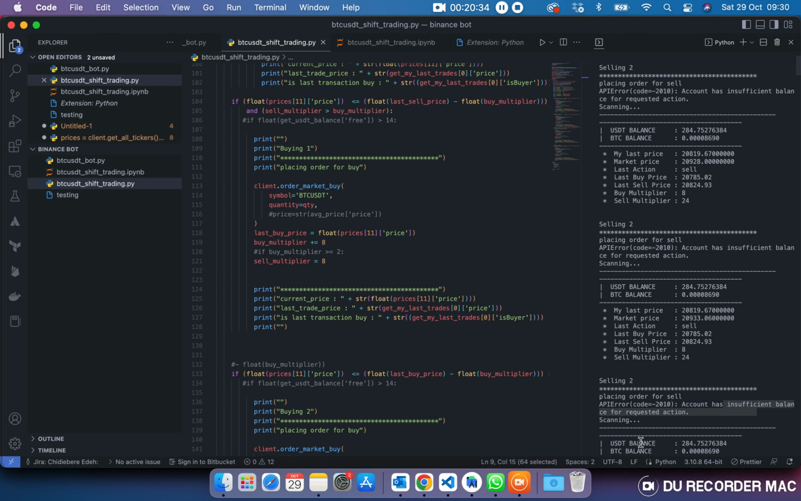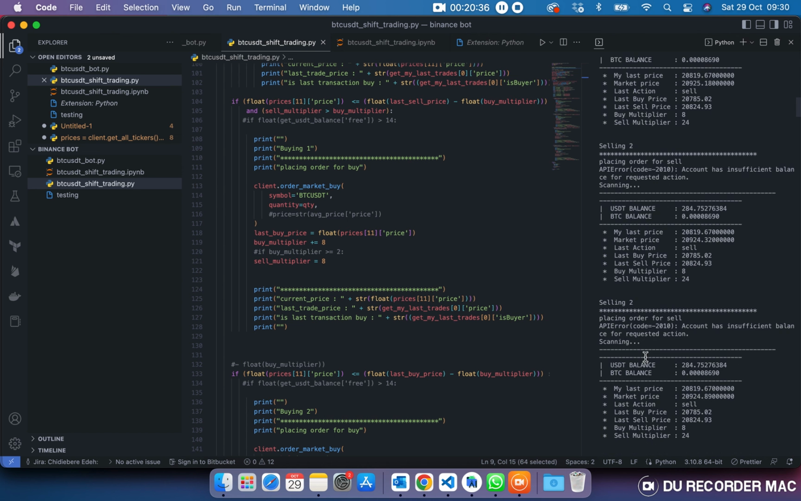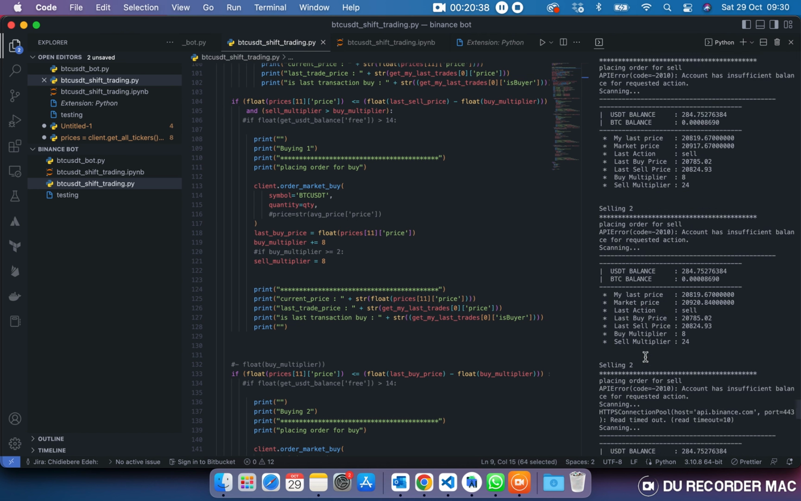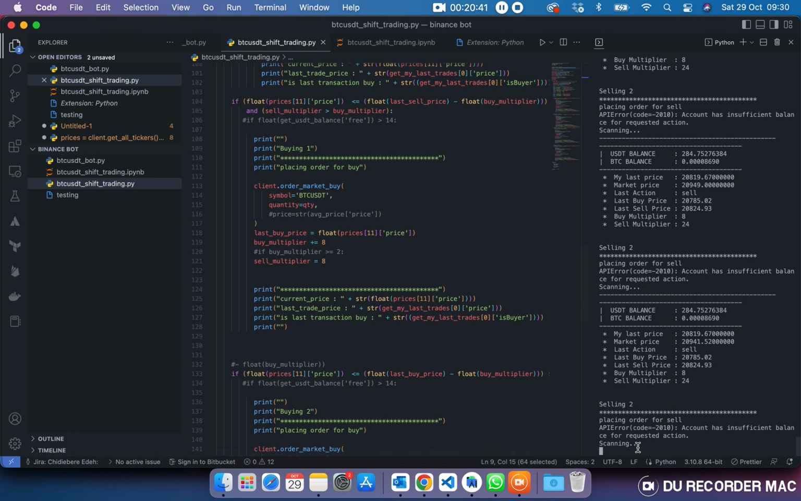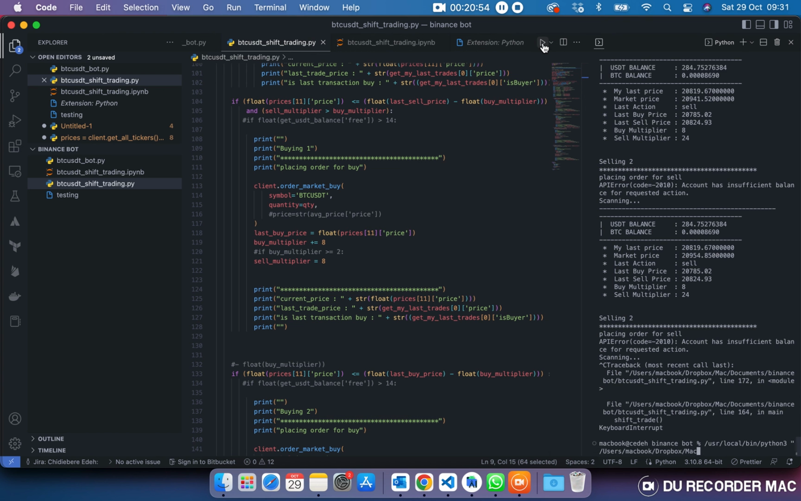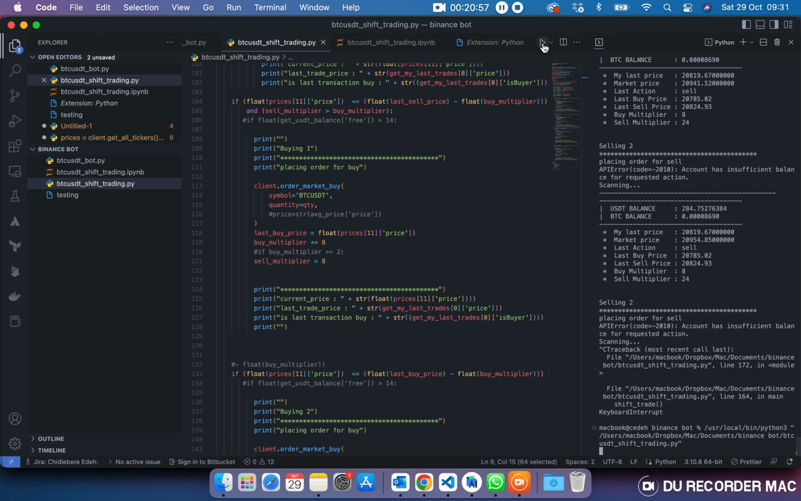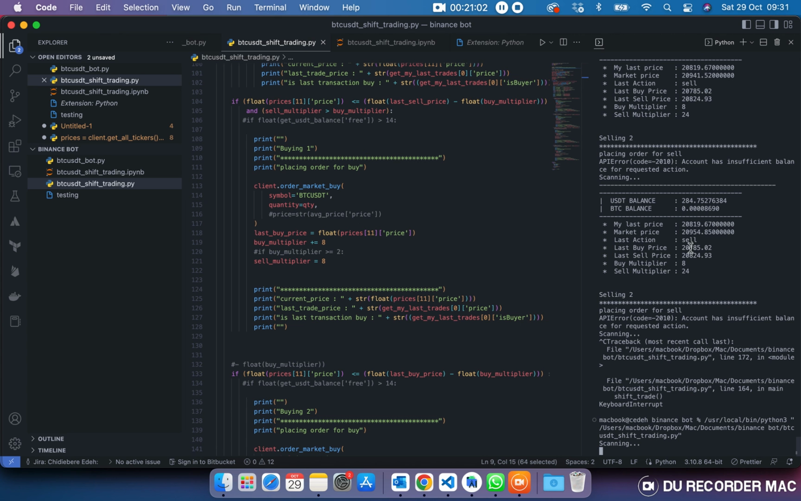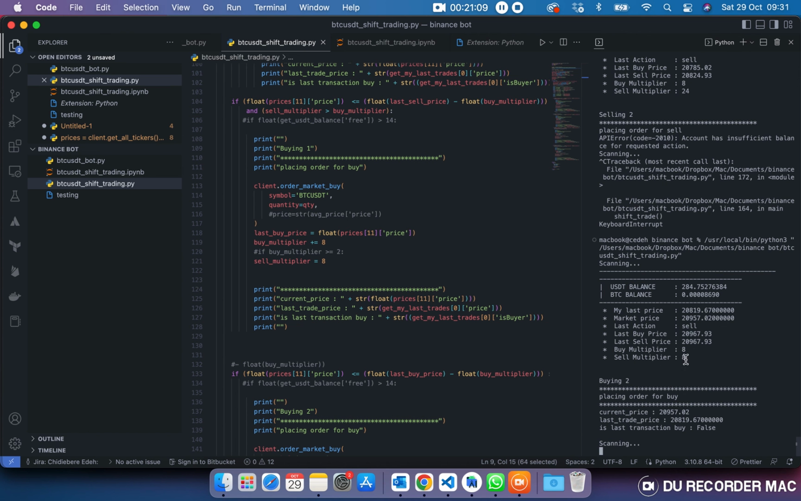So what I usually do when this happens is simply stop the execution by pressing Control C, and then I run it again. The extension we installed added this for us here. So I run it again. What it will do is set the last buy price and the last sell price to the current market price, and use that to start checking whether to buy or sell. So see,